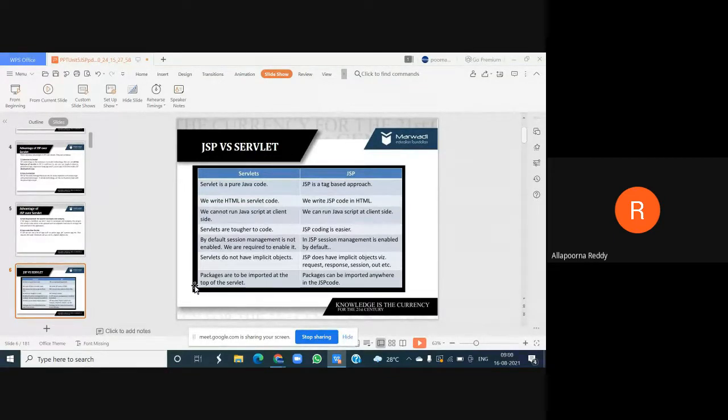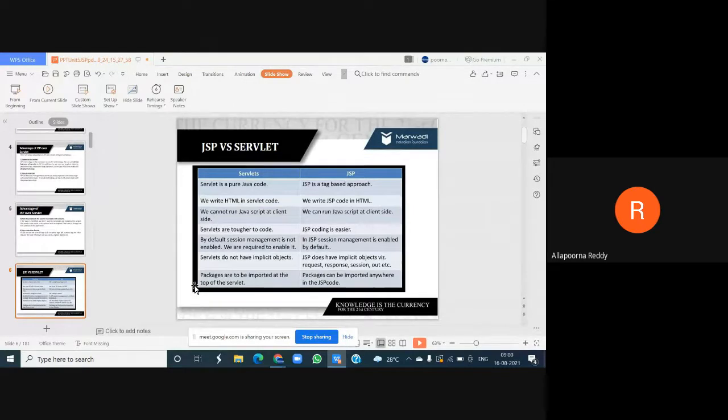Then using that session, you use methods like session dot get cookie, session dot add cookie, session dot get cookie parameters. Everything we use once your session management is enabled. But in JSP, by default this is enabled. We don't go for any separate creation of session management.